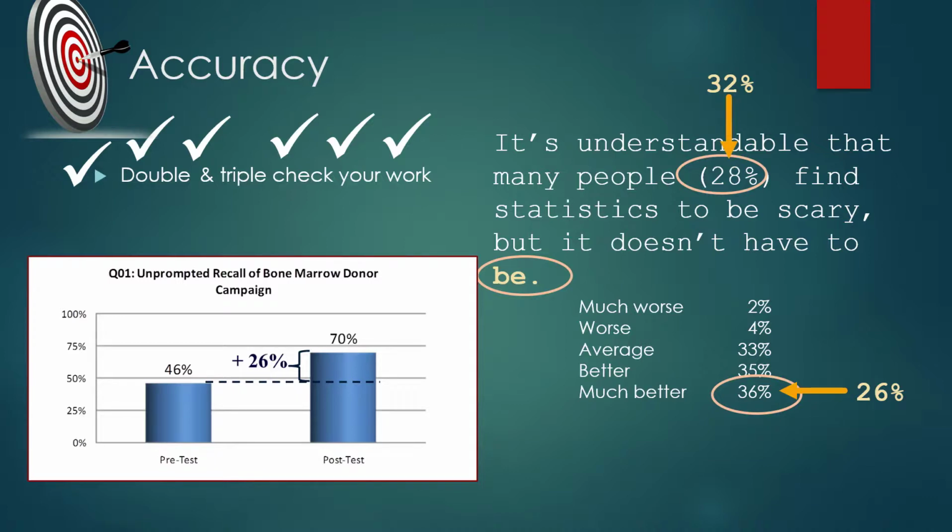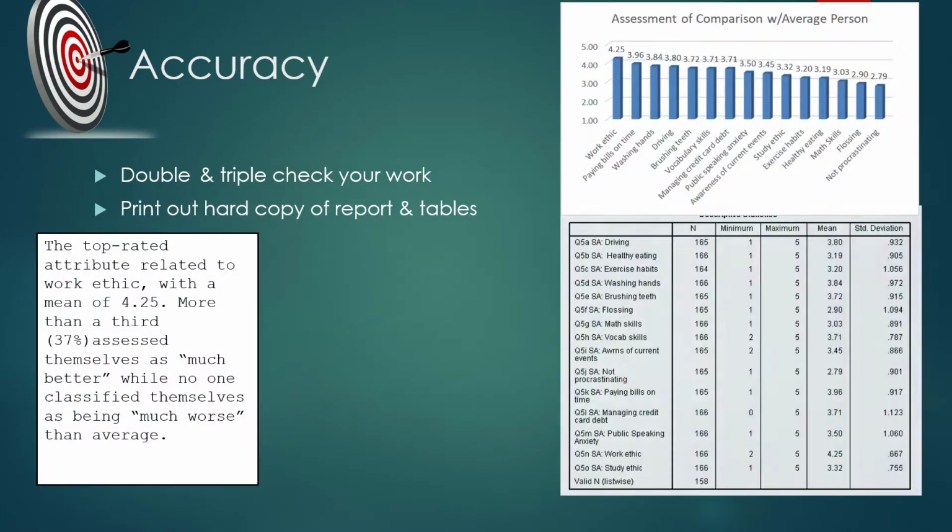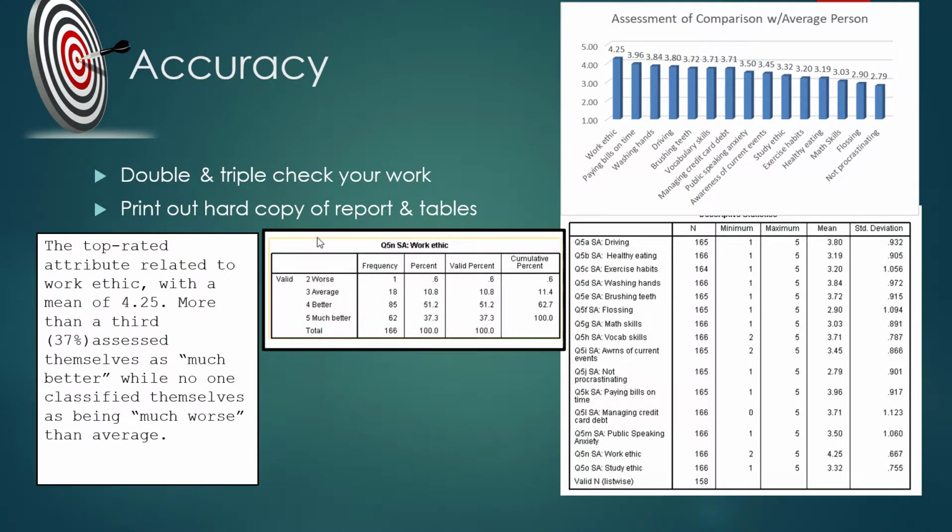When I first made this graph, it was before all the data came back and I was prepping it. The draft numbers were different than the final numbers, which I corrected, but the percentage difference never got corrected. That was pretty embarrassing. So check this way. Print out a hard copy of your statistical and written reports and the tables or graphs you are referring to. Compare the data in the graph or summary table to the statistical table. Then compare your narrative to the graph and the statistical tables. Cross things off as you go.